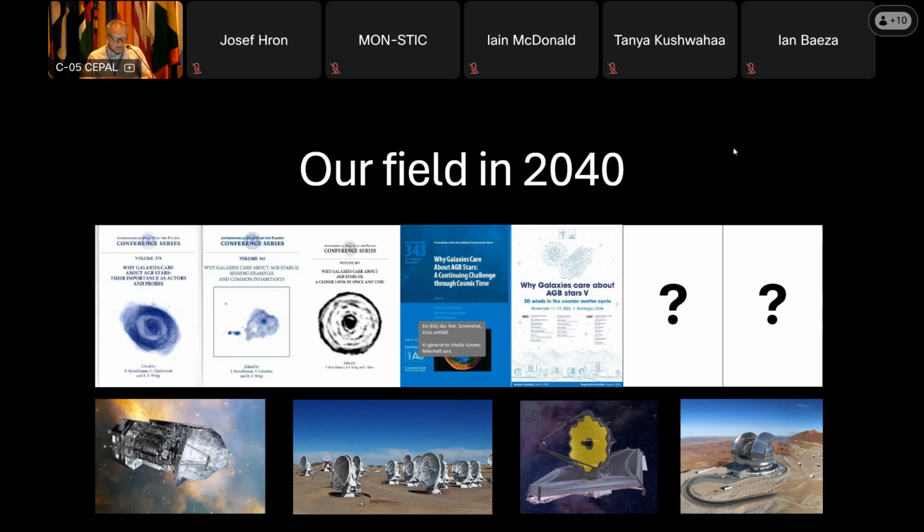The idea of this discussion round is now to look into the future of our field, especially from the perspective of observation facilities. And of course, we will focus on new ESO facilities, but we also will have a look at other options, of course, to observe and also to model. But let's start with the ELT.